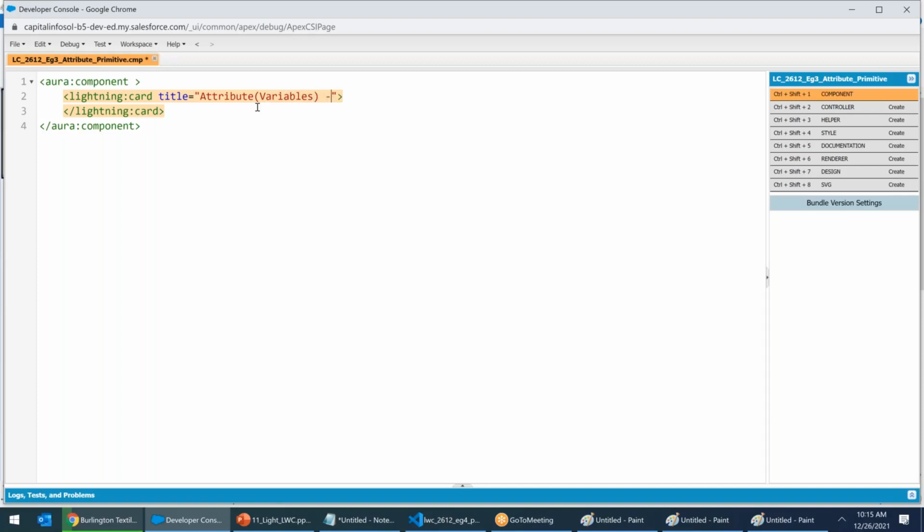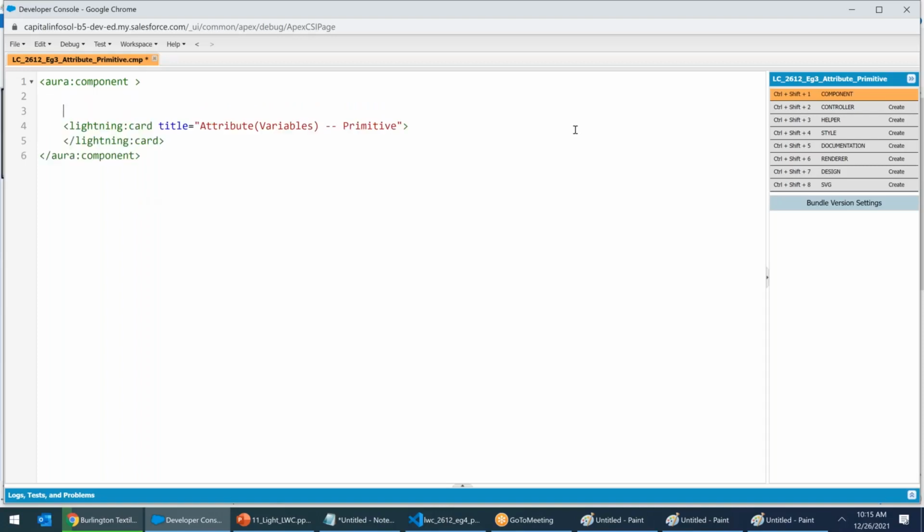What type of attribute am I showing? Primitive. Primitive variables card. Remember that whenever you want to declare a variable in a component, you have to use aura